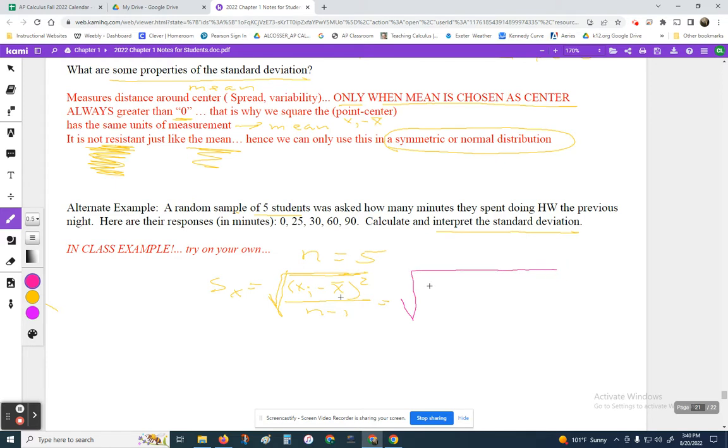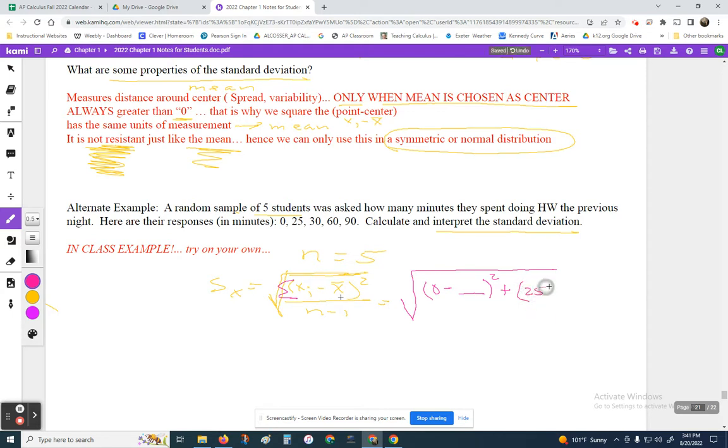This is amazing, guys. 0 minus, and then you need to fill in the x bar. Use your list and fill in the x bar. I don't have it with me, so we're going to put our x bar there, squared, plus, you ready? Oops, I forgot one part. Right here in front of this, put a little summation notation there. The sum of 0 minus x bar squared plus